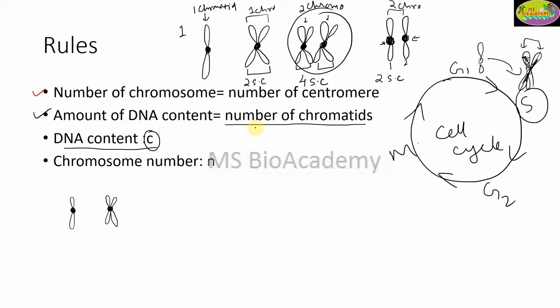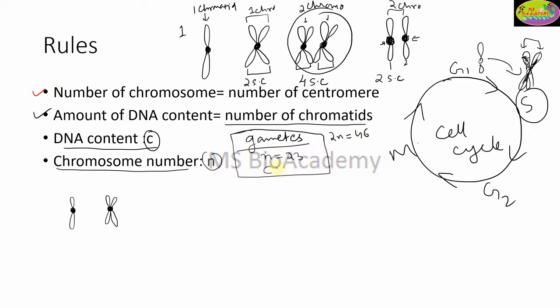Okay, so normally you will be asked what the DNA content is, let's suppose, in the gametes. If I talk about the gametes, you know that the chromosome number we represent with the letter N, right? So in the gametes, the chromosome number, that is N, is equal to what? If I talk about human beings, it is 23, right? We have 23 pairs of chromosomes. In a haploid set, it is 23 chromosomes, right? In the 2n set, it will be 2 into 23, that is 46 chromosomes, right? So in the gametes, N is equal to 23.